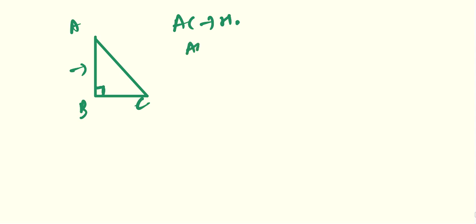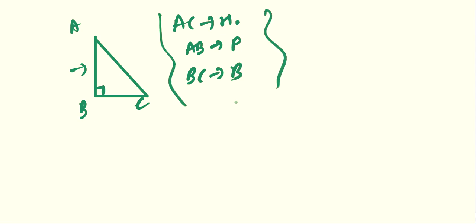So again one more. If you have triangle ABC, 90 degrees at B, the side opposite to this 90 degrees is AC. So AC is your hypotenuse. Now AB you can take as base or perpendicular. I am taking perpendicular, and BC will be your base. So like this you have to identify which side is base, hypotenuse or perpendicular. Then you have to apply the Pythagoras theorem. Then all the explanation is given to you. Now I am solving questions.